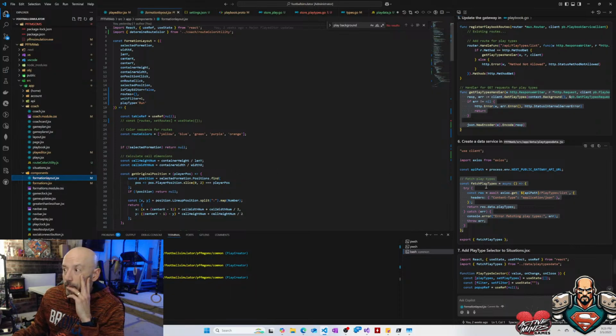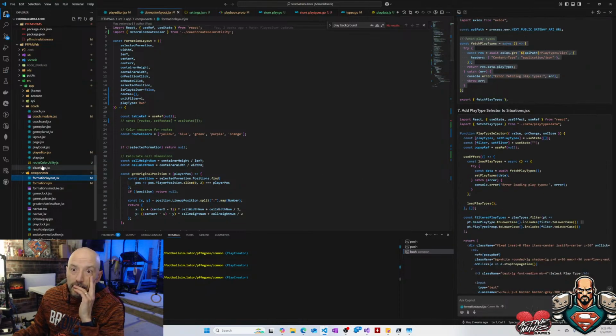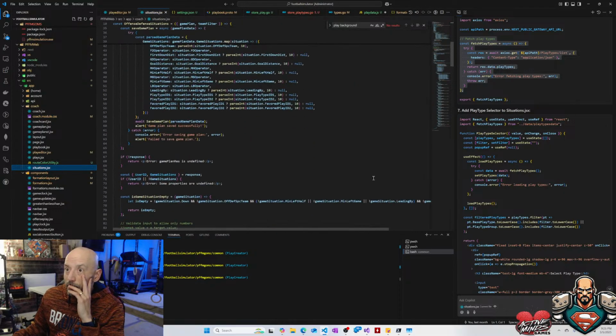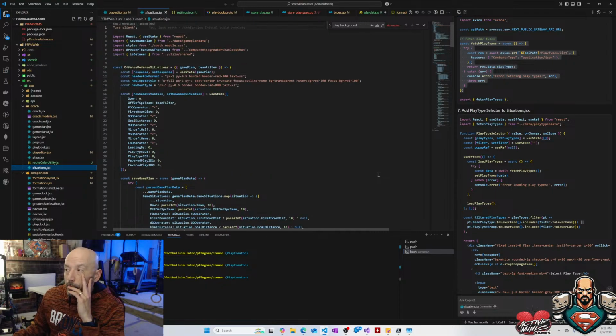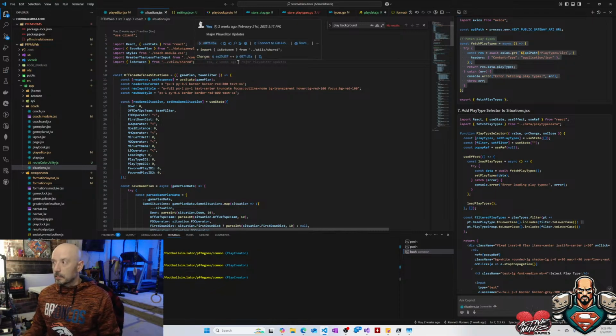And now we have to go to the situations.jsx. Now this is the new feature functionality, and this is already kind of a meaty procedure. But we're going to have game plan data, so we're going to import